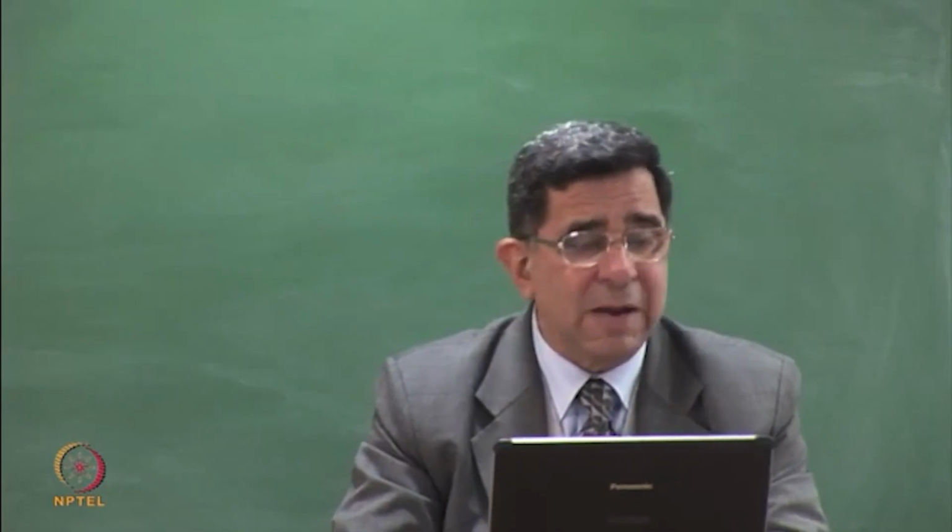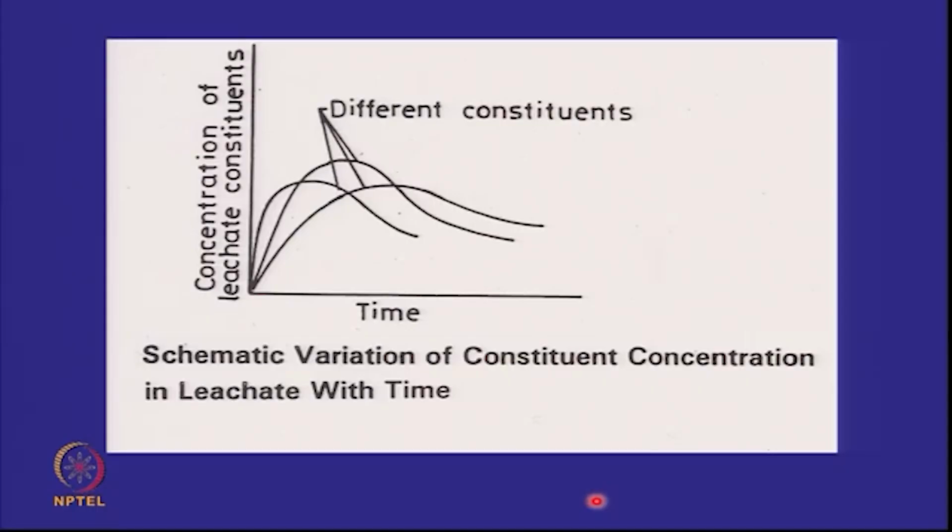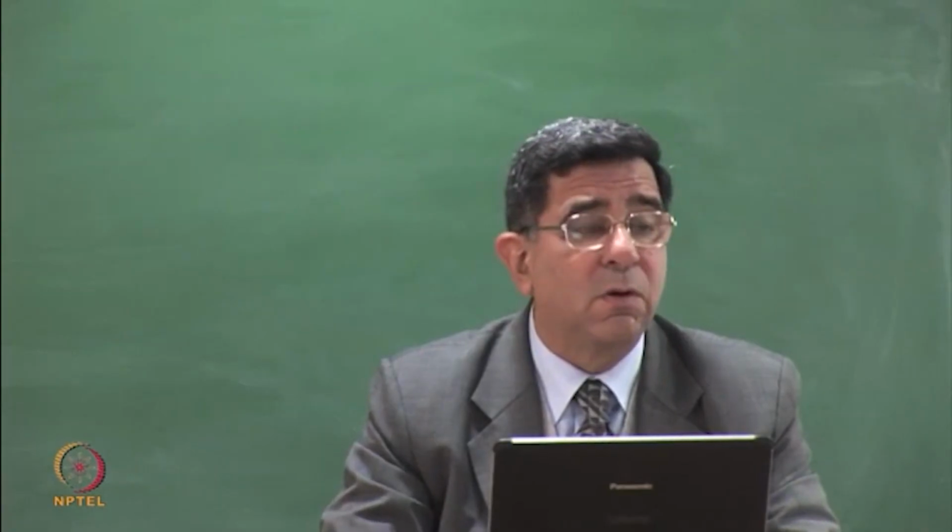So these are the complexities that are involved, and if you look at the concentration of the leachate constituents against time, from a landfill many constituents may come out. They will reach a peak value. This could be chlorides, this could be something else, this could be heavy metals, and then they will tend to decrease. It's almost as if the waste is being gradually washed off of the contaminants, which will be carried away with water. Not all contaminants will come with water, some will be the